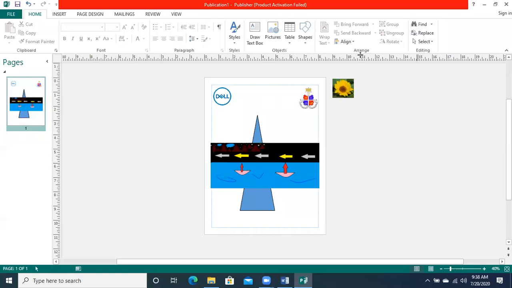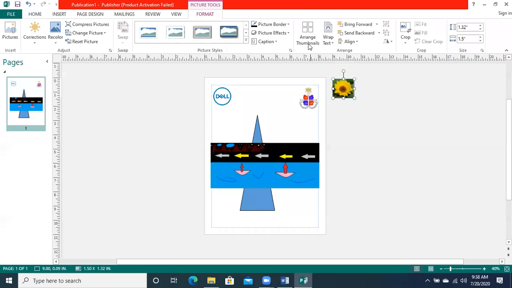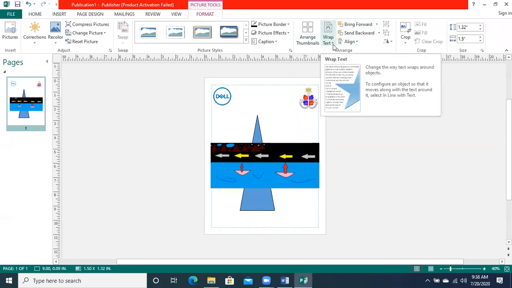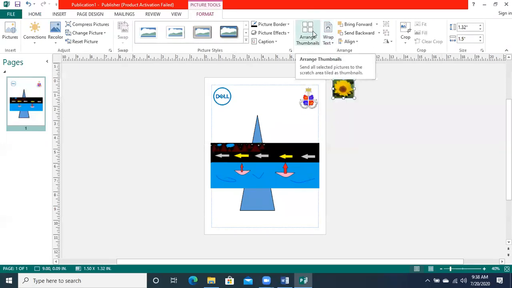This is basically the arrange. In the arrange group, we have got this option where we can arrange the thumbnail, arrange the text, wrap text around a picture. So this option which is used to make thumbnails, arrange thumbnail, is there in which button?